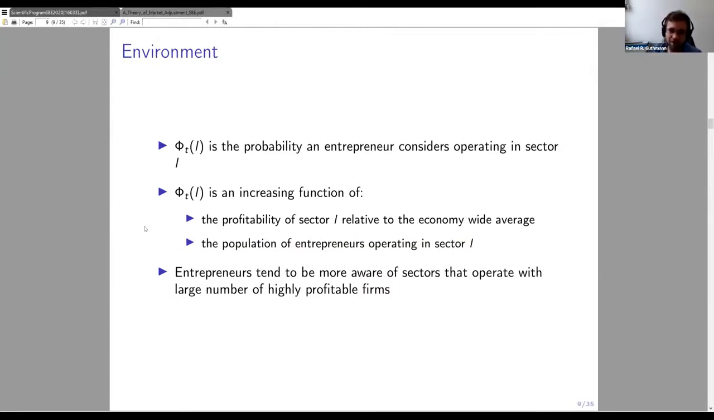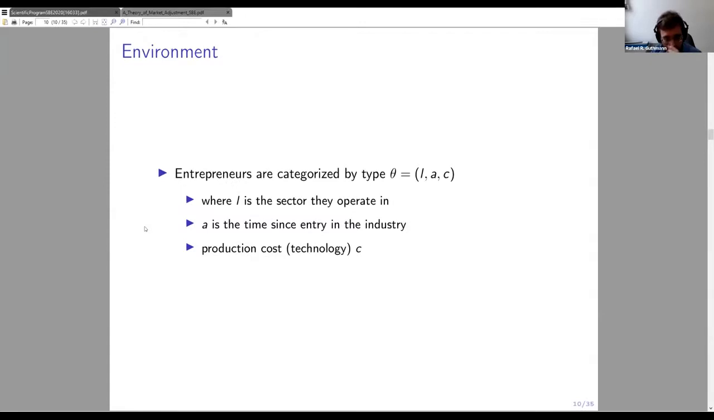The key friction here is that this probability is not one, even though the profitability might be higher than the economy-wide average. If these probabilities were equal to one, essentially the entrepreneurs would have access to all sectors in the economy, and there would be no frictions in this sense. An entrepreneur then is characterized by the type, which is the sector they operate in, the age of the business